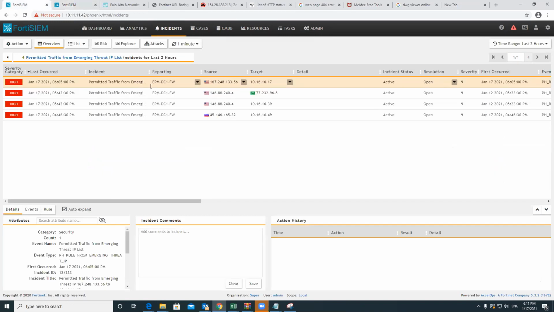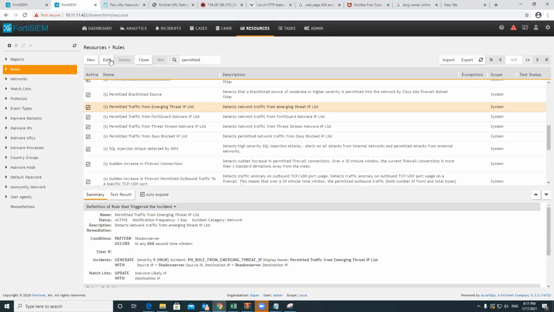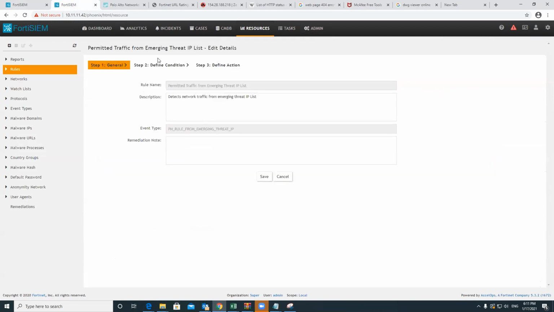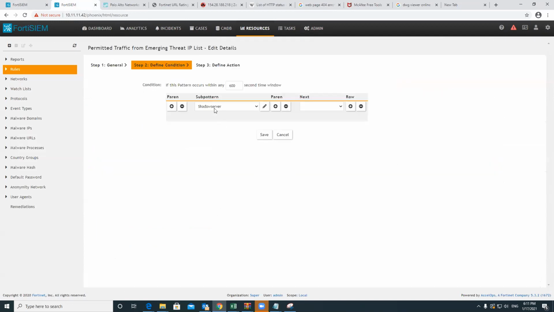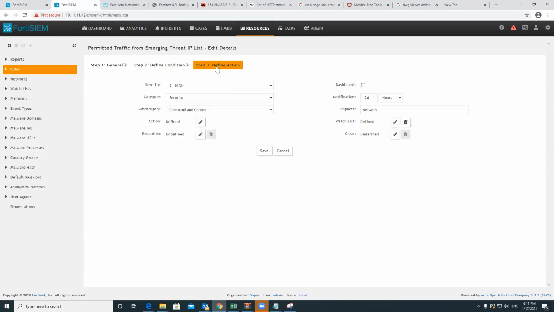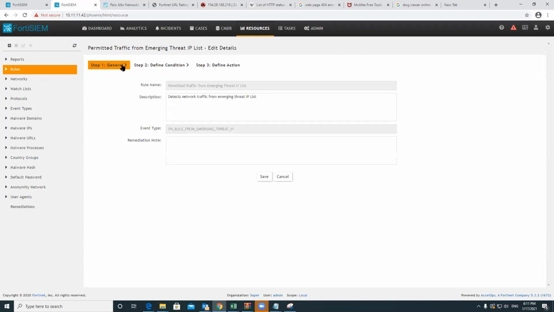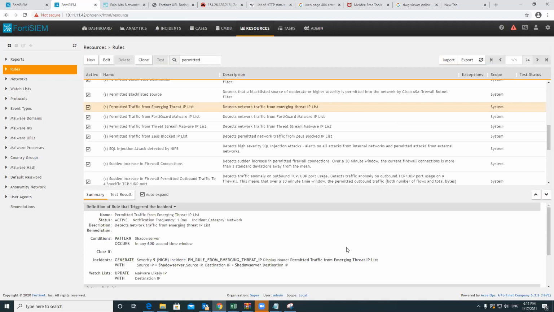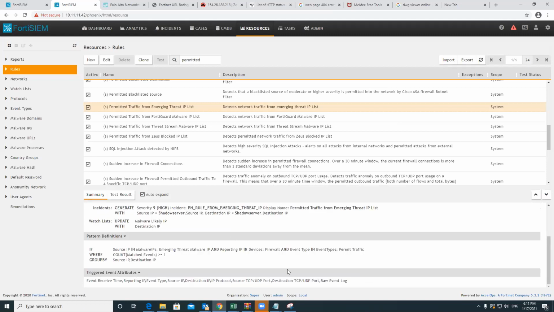So it says permitted traffic. Copy it from up. Yeah, the emerging threat type is called... it's a shadow server. So you have a pattern which says shadow servers. What does it mean, shadow server? So they have some categories of bad IPs, and they call it shadow servers. They are looking at a list which is called shadow servers, which is part of the